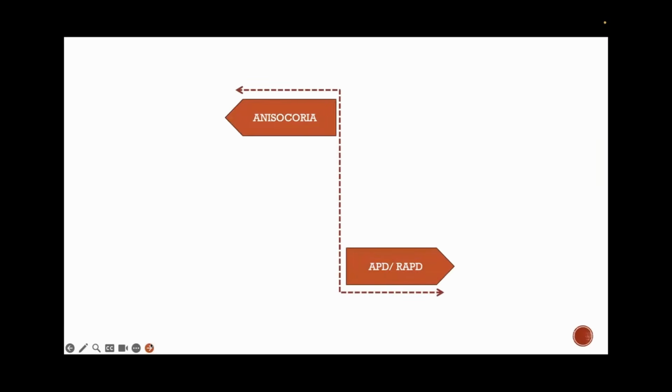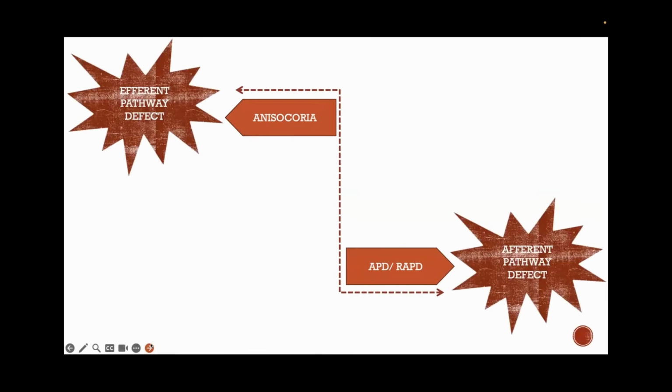Once you have done the basic evaluation, now when you want to diagnose what is the problem with the pupil, you make 2 divisions. Is there a problem with the size of the pupil? Anisocoria, like one pupil is small and one pupil is large. If that is the problem, that's a completely different system. Then you're dealing with the sympathetic and parasympathetic, which is the efferent system. If the pupil's response to light or accommodation is dysfunctional, then you think of the afferent system. So the first division is made here.